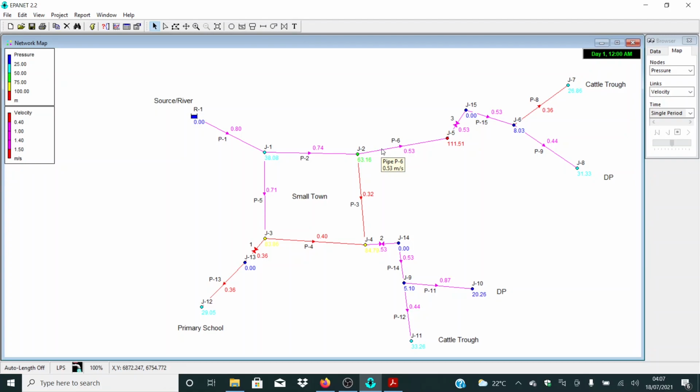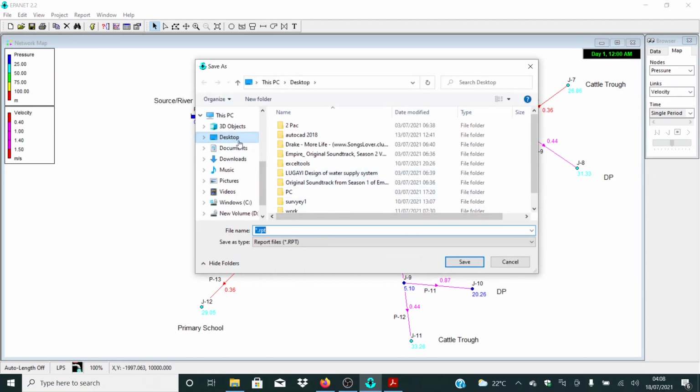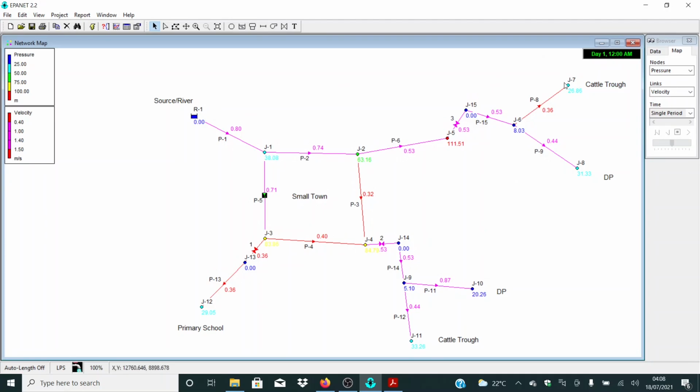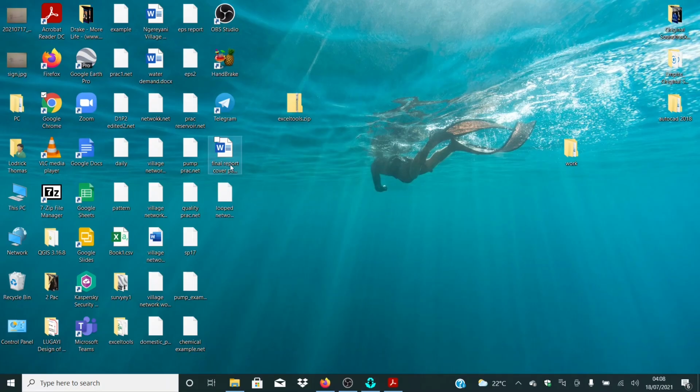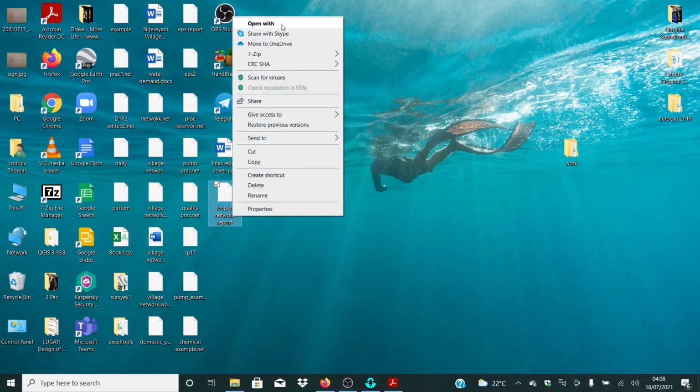So what we can do now is to print a report. Let me print here a report. You can just click report and then click full report. Let me save it somewhere and give it a simple name. Let me call it looped network report. Remember the location, let me put it on the desktop. Okay, so let me go back to my desktop. Of course this one is the looped network report. So let me right click and open it with